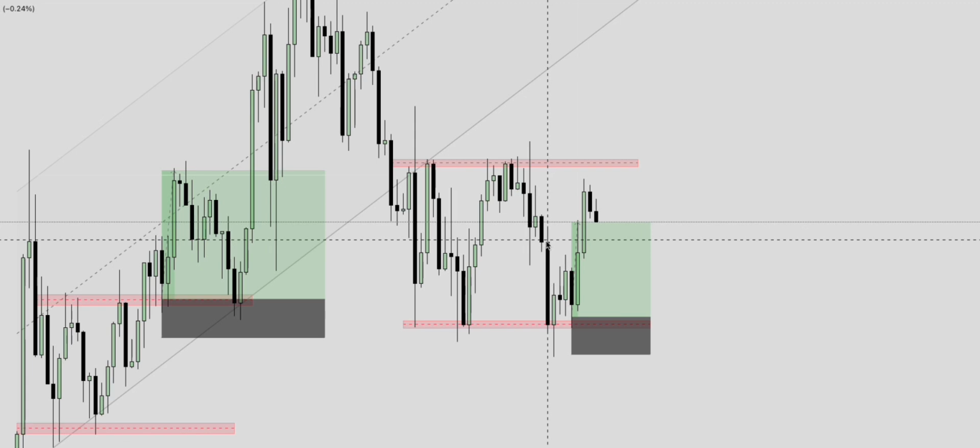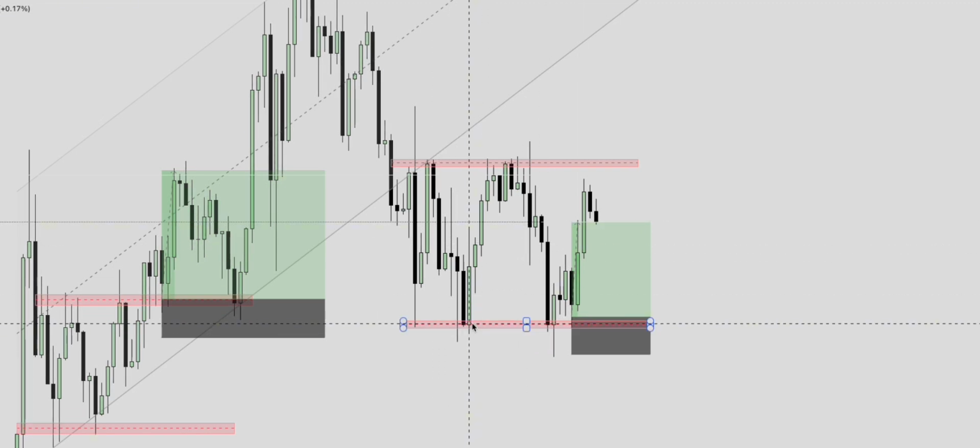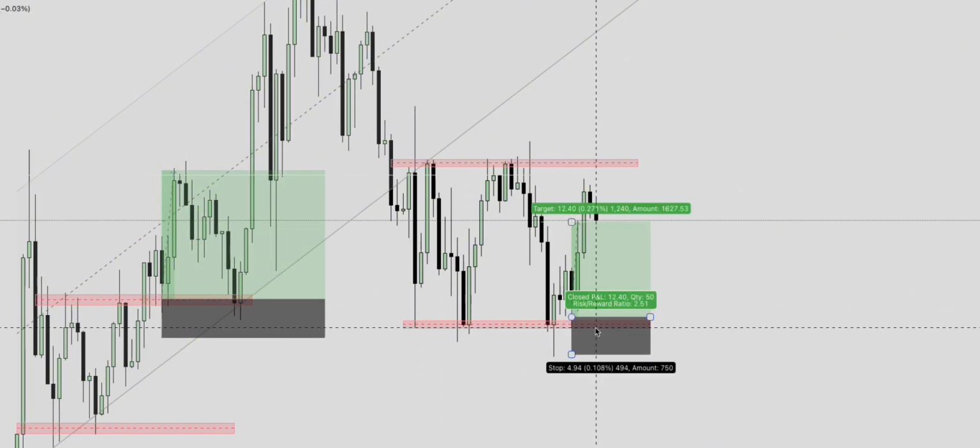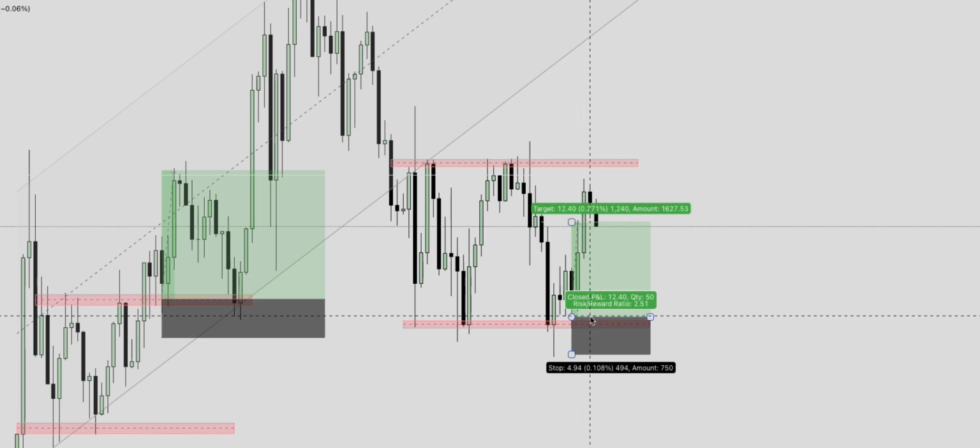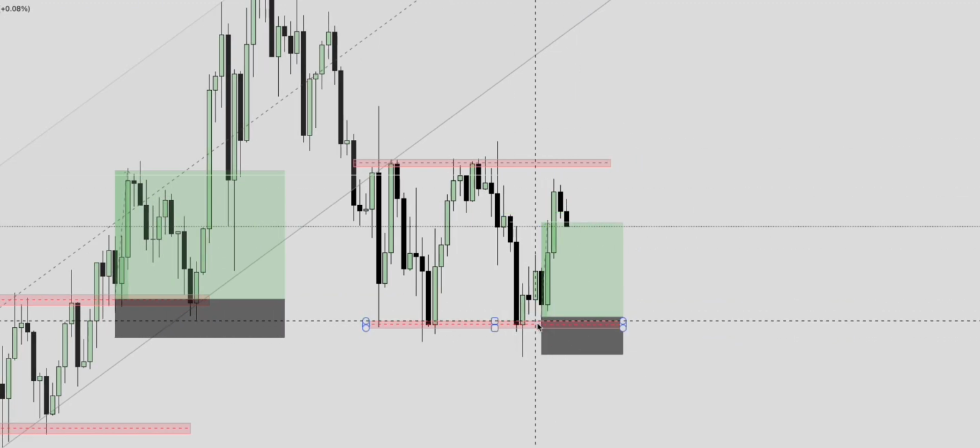I used the 20 minutes in this case. So when market came there, it reacted again. If I was awake, I would have taken this trade somewhere here, push it back up here. But then we missed that one, and this is the next one here instead. So market came here. As I said, whenever you mark your zone, you just have to look for entry next now, and then push it back up.